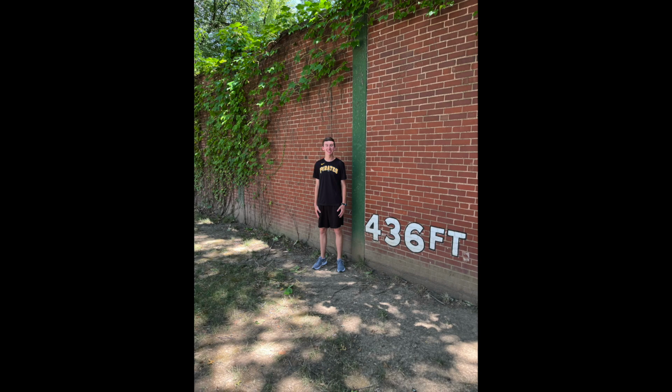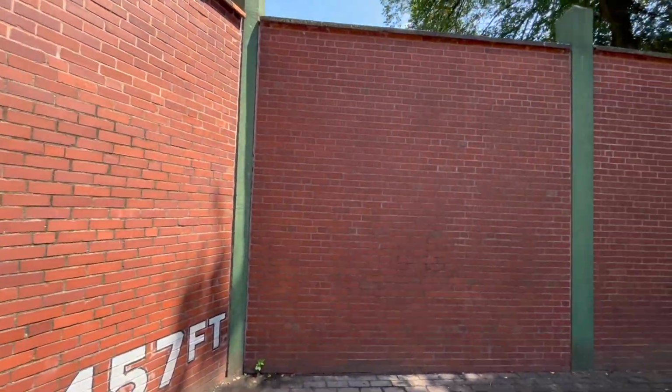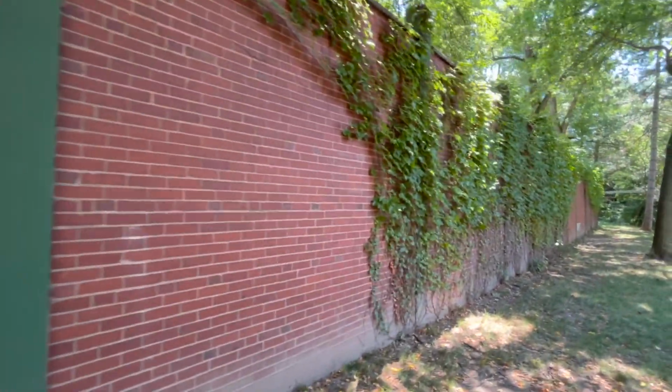where the Pirates previously played. A lot of really cool footage here. The outfield wall, some pictures, some videos, just really great. A lot of history took place encompassed in these walls, and it was a great precursor and a great appetizer